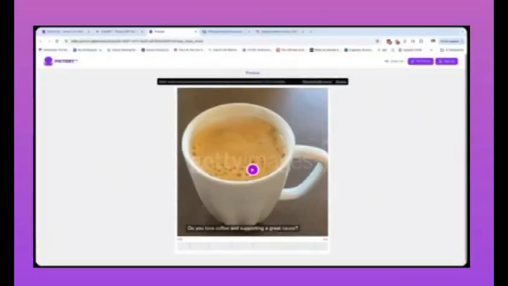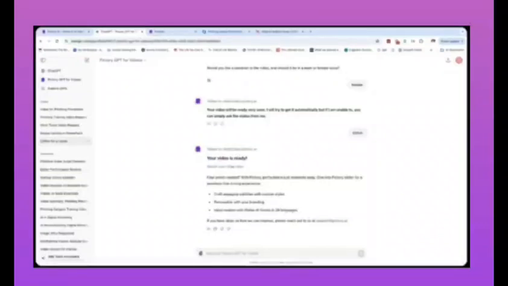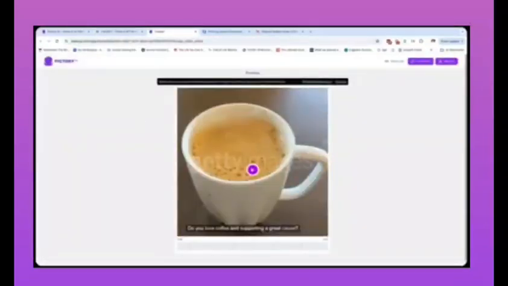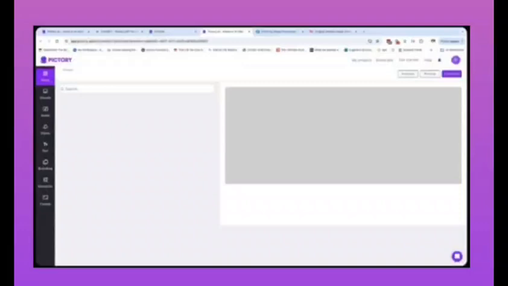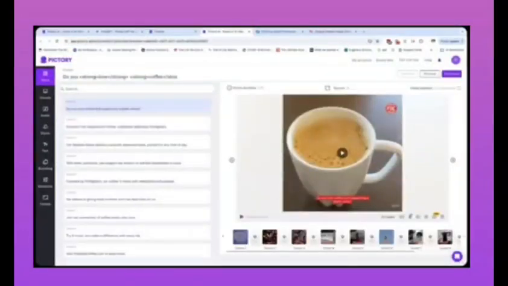So it creates the video, and you can go right there from the link when it's done. And you don't need to have a Pictory account to view the video. You can view the video. You can edit the video even with a free trial account. So if I click on edit the video, it takes me right into Pictory and pulls that video into my account. So if I already have an account, it'll pull that video right into my account, and it will let